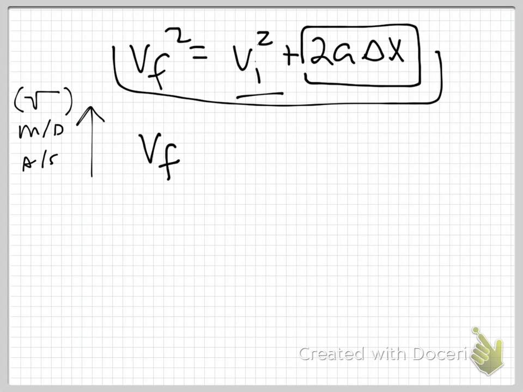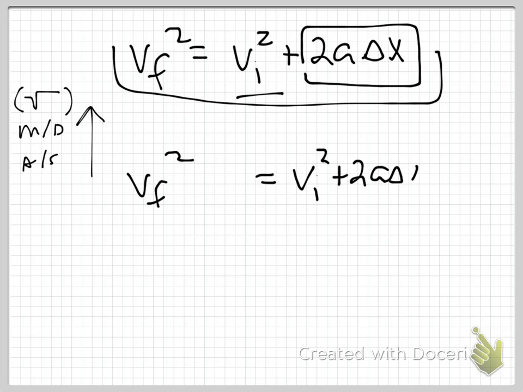So starting with reverse order of operations. So VF squared equals, let me give myself some more space here. VF squared equals VI squared plus 2A delta X. Well, if we subtract 2A delta X from each side, minus 2A delta X,